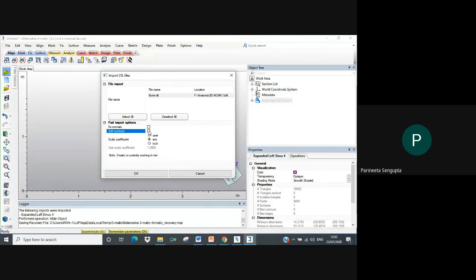We'll do both, one import with split surface and one without it, so we can see the difference. Then there's the scale coefficient. Remember, in Mimics we work with a scale of mm. So ideally, always select mm, and then click on OK.